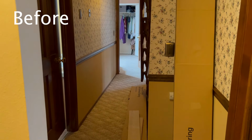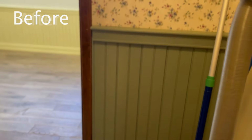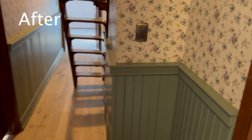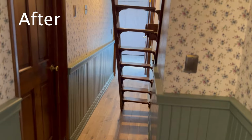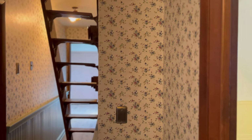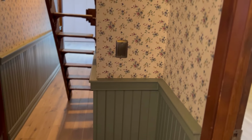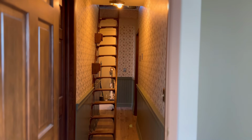Now we actually decided to keep the wallpaper that was here. It gives me a bit of 90s vibes, to be honest, but the kids love it so much and it is quite charming. I love floral wallpaper, and since it was already there in abundance, I thought maybe we can just upgrade the lower trim and it'll actually help that wallpaper not look so dated. So this was my attempt. So we did some beadboard and a chunky ledge piece on the chair rail